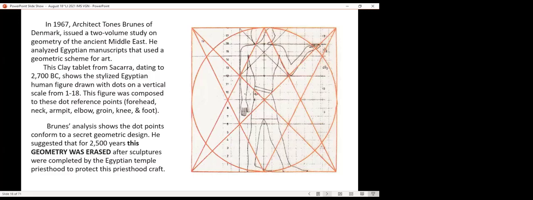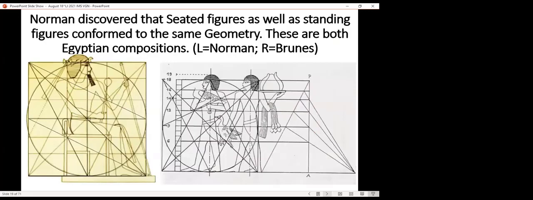Believed to have been kept secret as sacred knowledge for 2,500 years. And it was erased from sculptures when they were completed by the Egyptian temple priesthood to protect this priestcraft knowledge. I discovered and analyzed the seated figure on the left, Egyptian, and found the same geometric composition